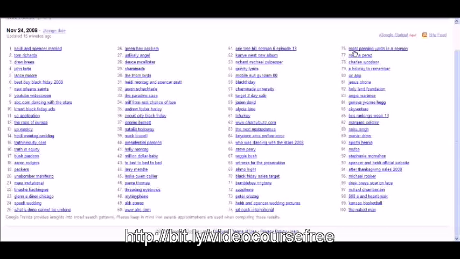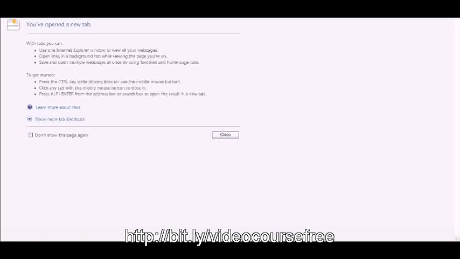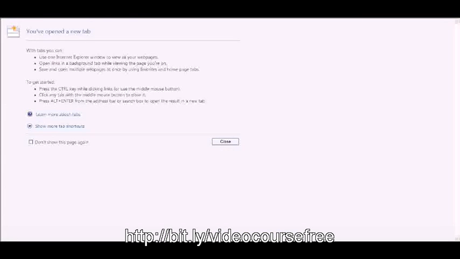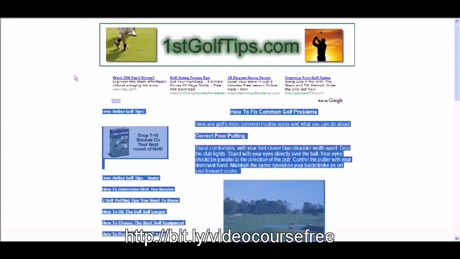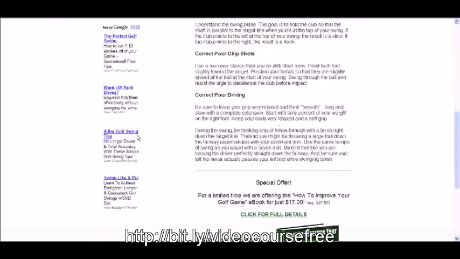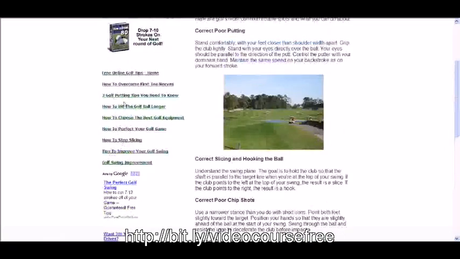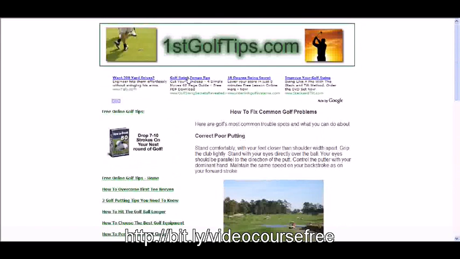There's a source of income out there called pay-per-click advertisements, and I'll show you an example of a website that is using pay-per-click advertising. This is one example. It happens to be a golf website, and you can see up here that there are ads that show up, and if someone were to click on one of these advertisements while they visited this website, the owner of this website would make money on every single click. They might make 5 cents a click, 10 cents a click, or 30 cents a click, depending on how much money can be made from each click. And that's the method of monetization.